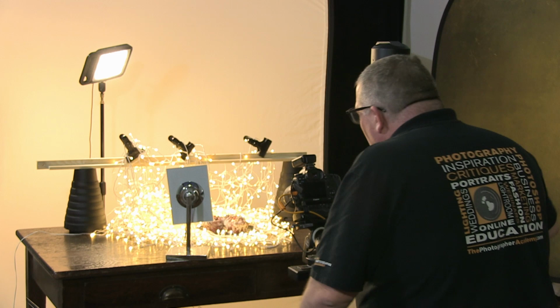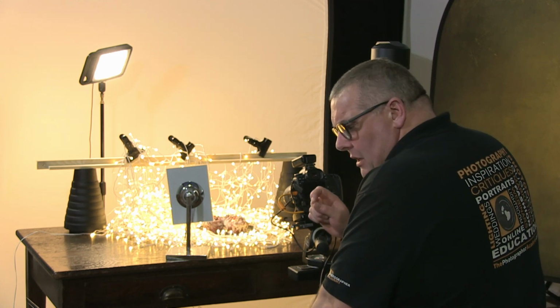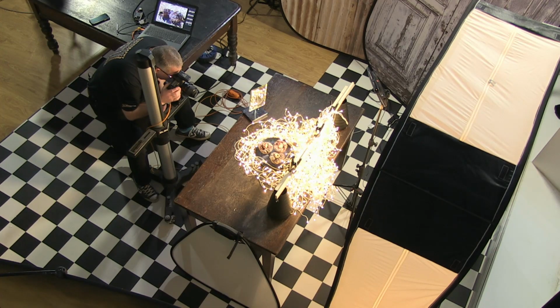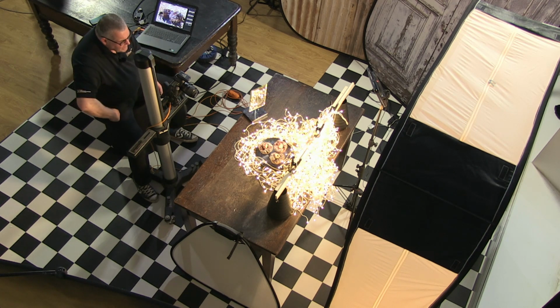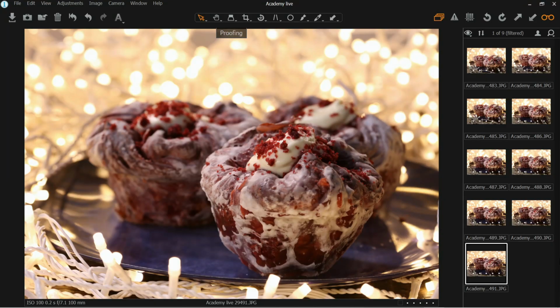Once more, 1, 2, 3, 1, 2, 3. Now I'm at 7.1. I am on a 100mm macro lens, which means that there is a different lens configuration. If I was on a 50mm lens here, pretty much f8, f11 is going to give us a lot more sharpness across the image. What I will do though is now focus in on the top of the dried fruit instead of underneath of the cake, and that's going to give me a crystal sharp element there. Okay, so let's do that